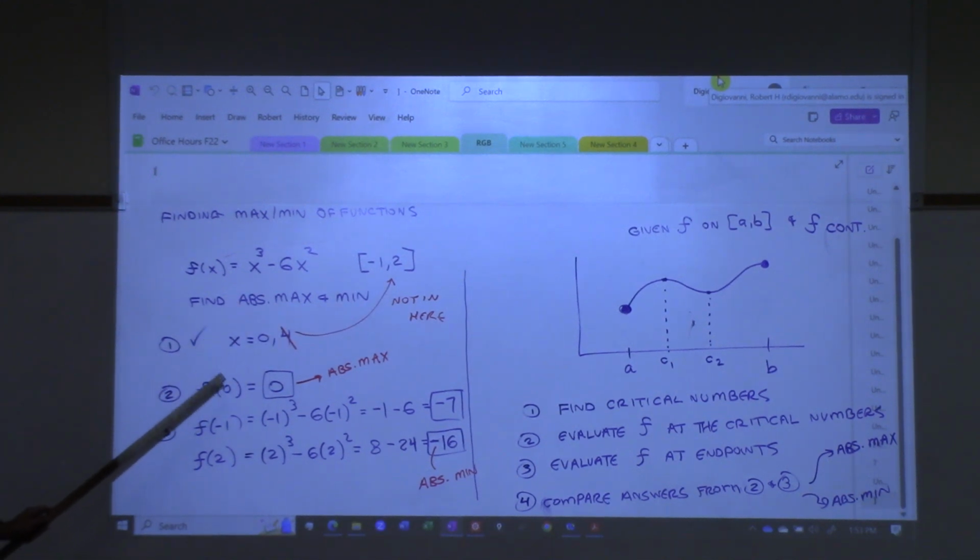Then, step 2, plug those numbers, if there's more than one, plug them all in here. Plug them into the original function and see what you get. Then plug in the 2 endpoints, see what you get, compare them, and the biggest one's your max, the smallest your min. Now, to verify that visually,